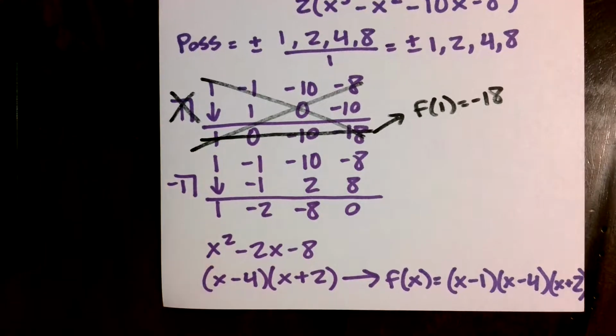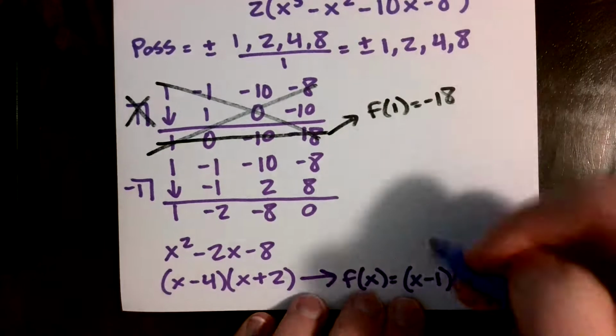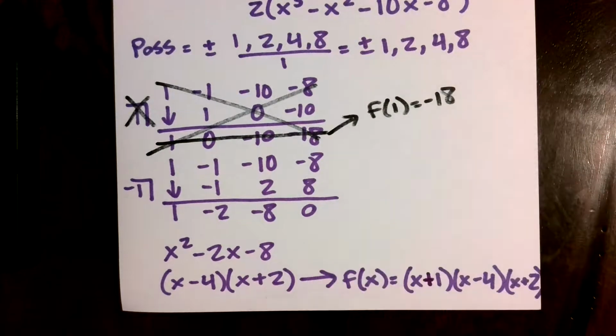We could factor, and then I did have to remember that if x equals negative 1 is an x-intercept, that means, oh, this should be positive. That should be an x plus 1. And then our x minus 4, x plus 2. Okay. So let's look at